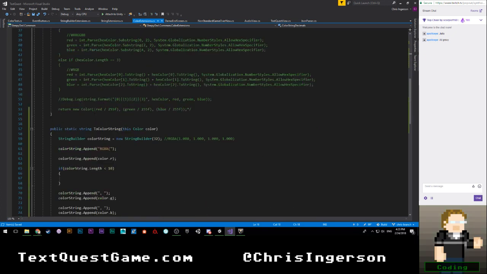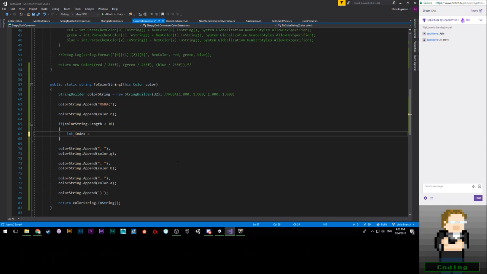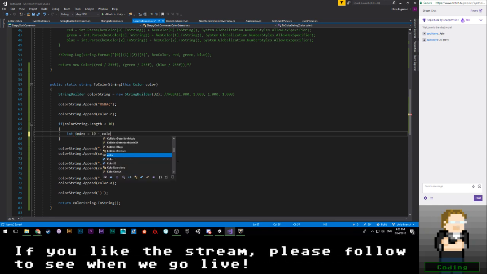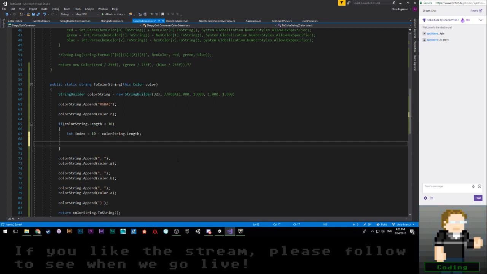And right about here, we're going to want to say int index is equal to 10 minus colorString.length. Okay, so if it's